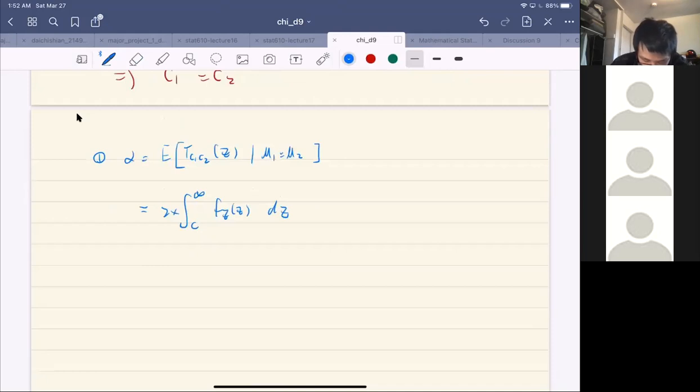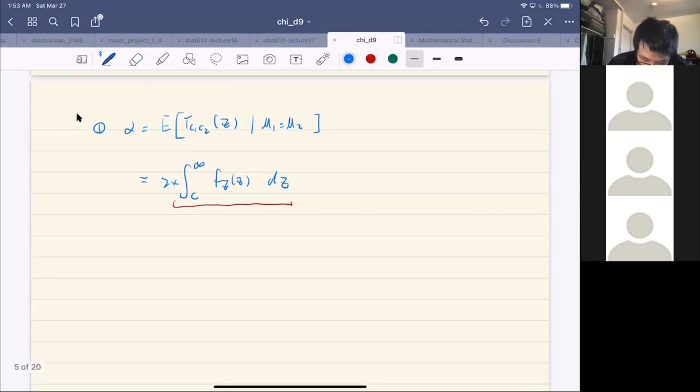And this is a normal distribution, so you can figure out what the CDF is. Then we can solve for C. So C should be